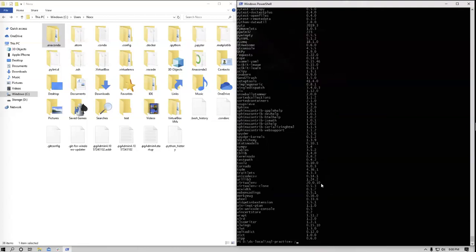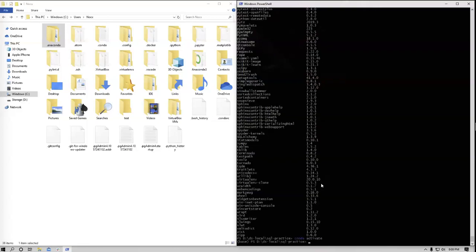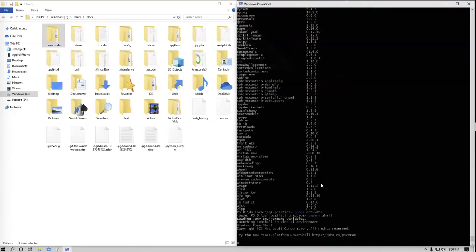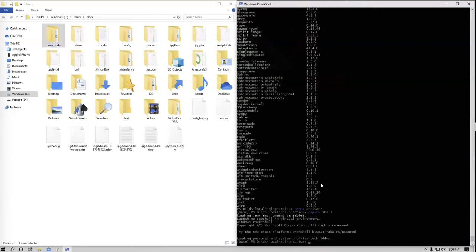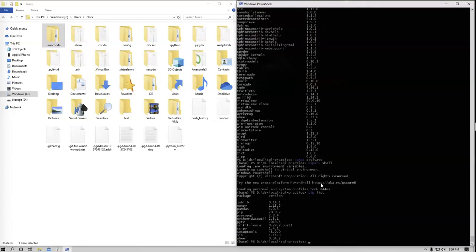But I don't have base appended, so that means I'm not actually in the environment. What does that even mean? That means if I go into Python, I'm still going to have access to these packages, but the way to get into the environment is to actually activate that. And now if I pipenv shell, to get in here, nothing gets added, but if I pip list, I only have the certain packages from my virtual environment. Does this make sense? This is a way that you can keep track of what packages you're working with.